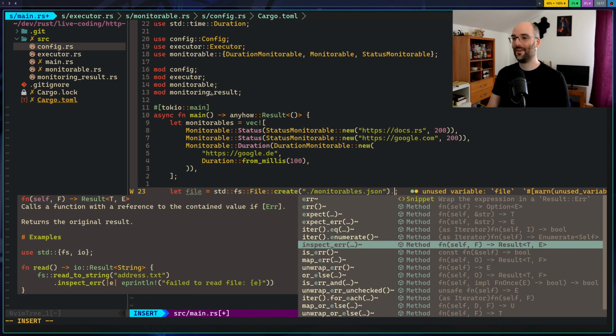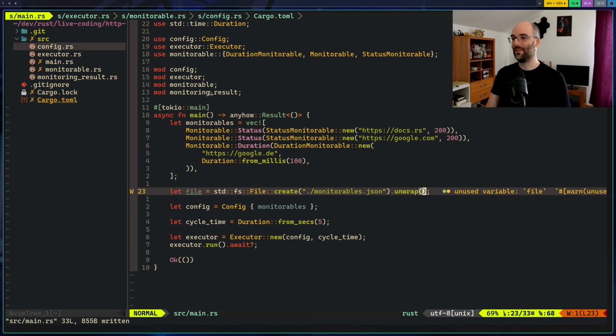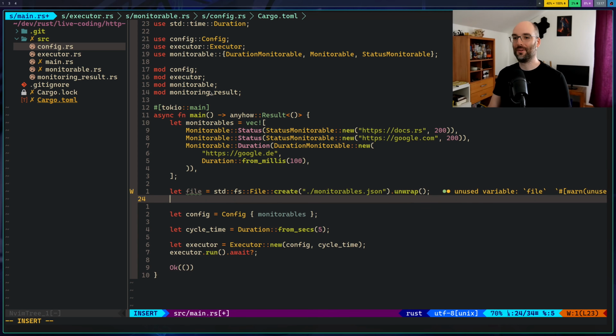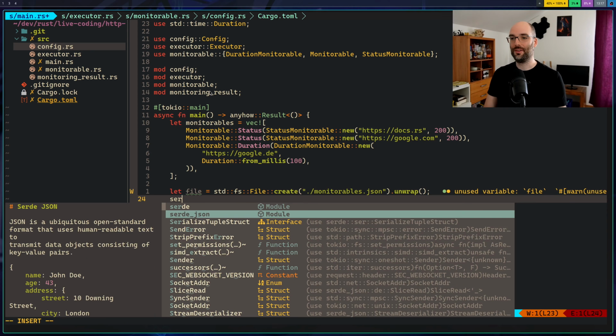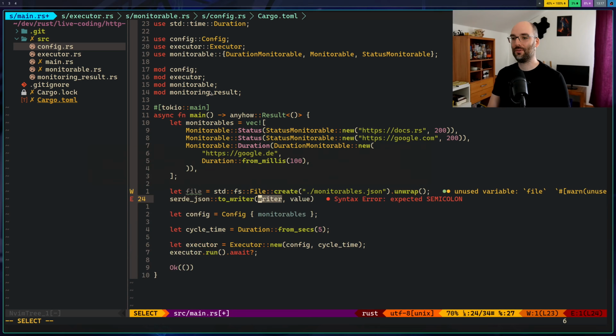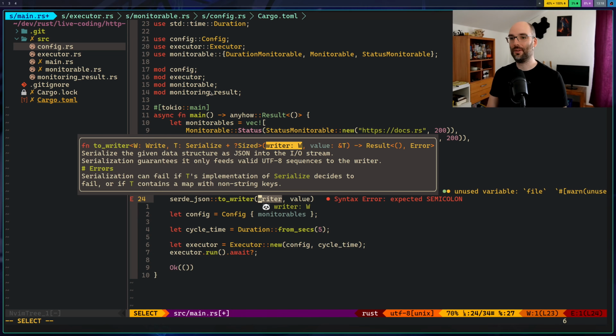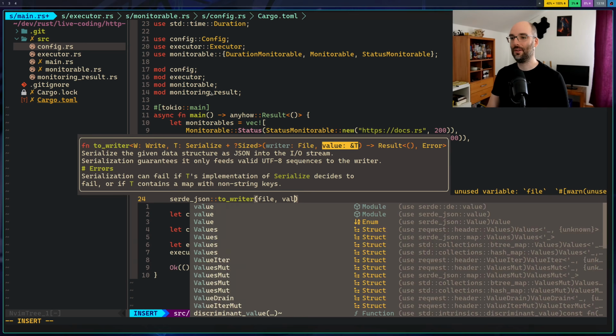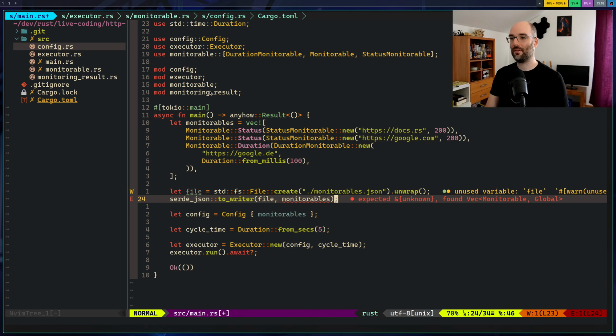We're gonna just unwrap because this is temporary code and we're gonna be good. And we'll then call serde_json to_writer. Our writer is gonna be our file and the value is gonna be the monitorables on Ripple.